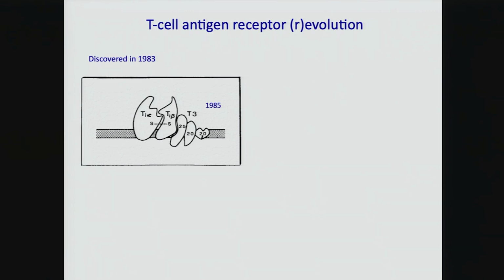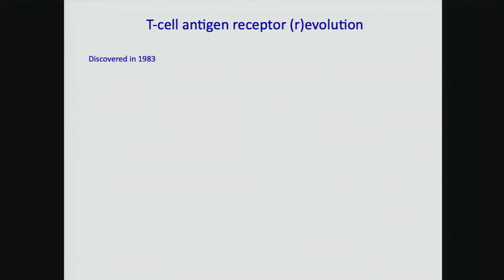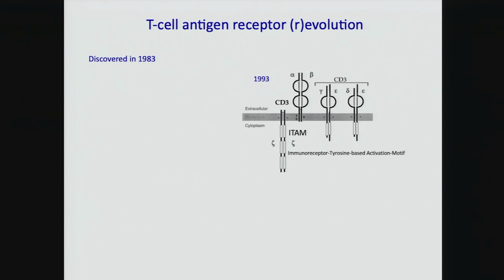And you can see the T alpha is alpha beta, but then becomes, about 10 years later, in the cloning era, an octamer formed of 4 dimers of dimers. Okay, so this is the alpha beta chain, the one that really recognizes the antigen, or peptide antigen. You know, I'm sure most of the audience know about it. What is the ligand of the T-cell antigen receptor? And the other subunits govern signal transduction, as people say.